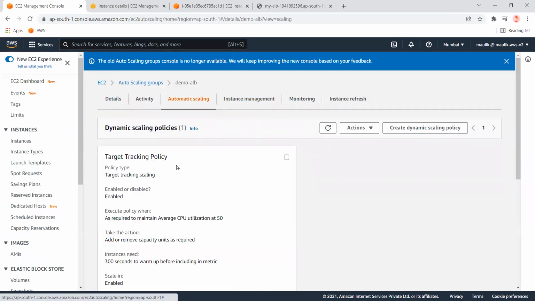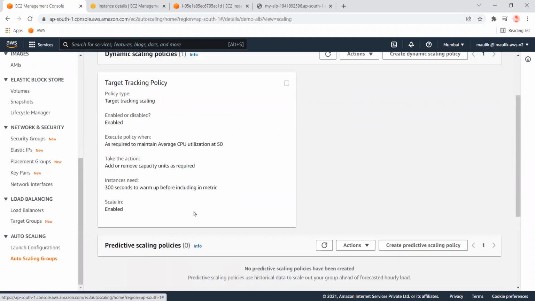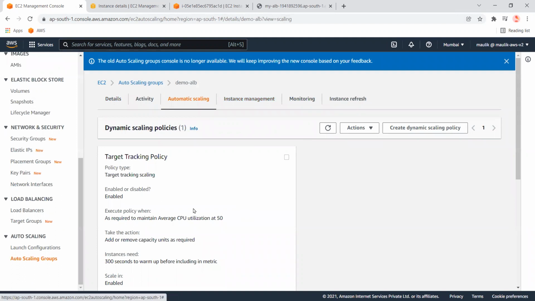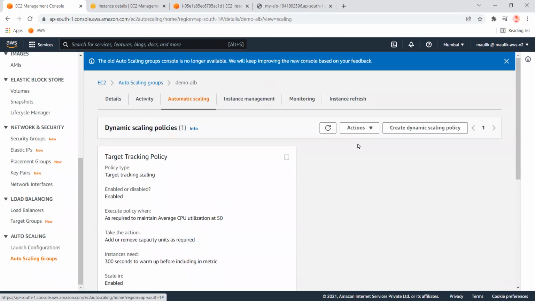If you delete this tracking policy, those two alarms will be deleted automatically. We have not used any custom CloudWatch alarms for scale out and scale in. This is the default policy of auto scaling, and this is pretty simple.